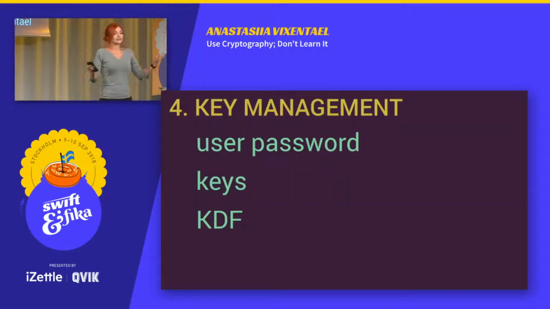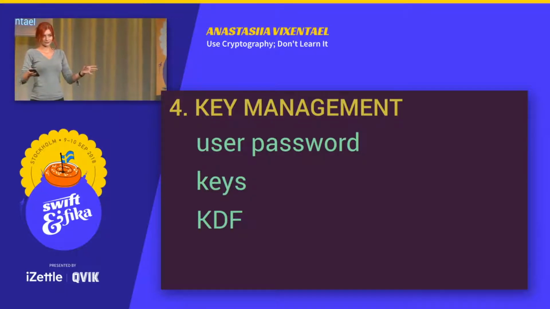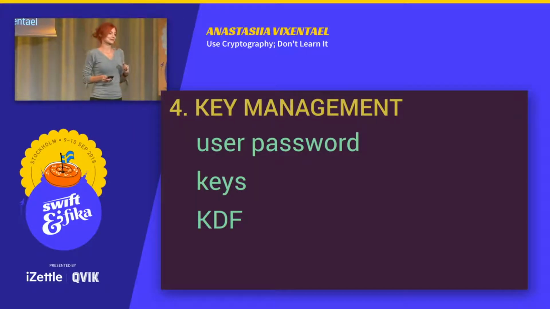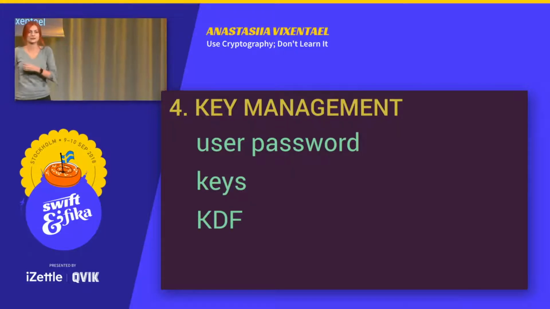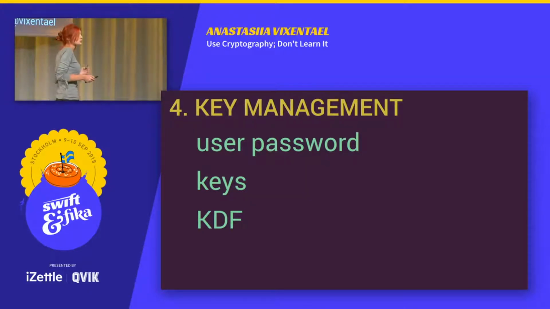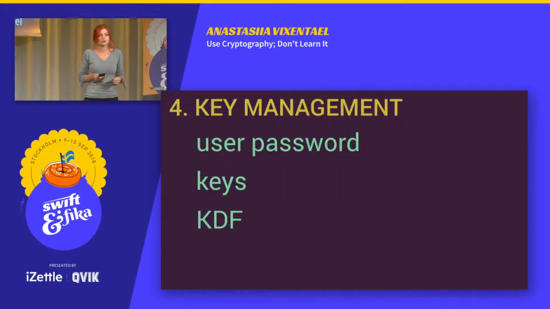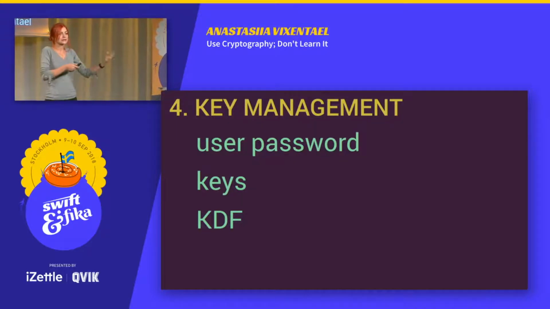Next, during encryption, we have a key. And of course, an encryption key is not the same as a user password. You know that, right? Pretend that you know it. And here we have a problem too. How to generate the encryption key? What key derivation function to use? How to store the key? Oh my God, how to transfer the key if we need to? Should we create some kind of expiration procedure? Should we create some kind of key revocation if we find that the key was leaked somewhere?